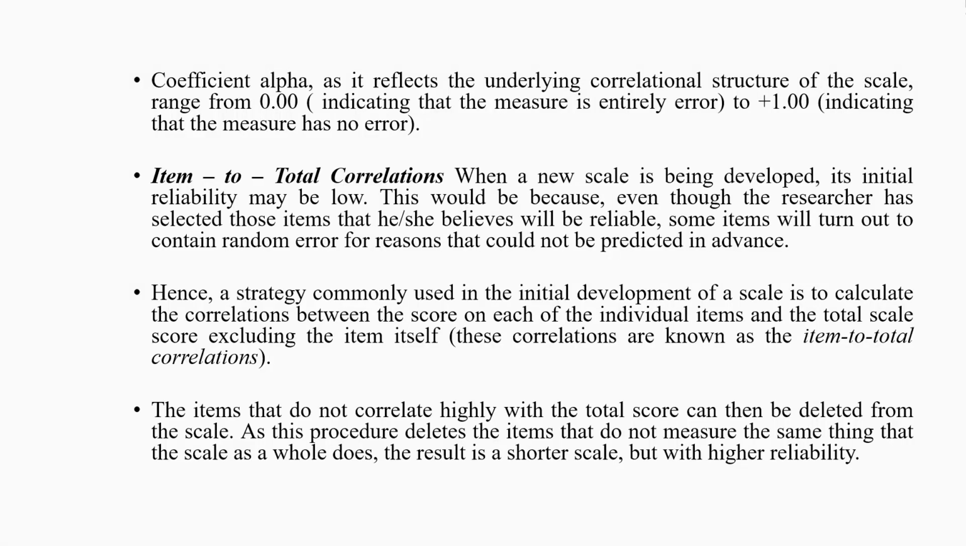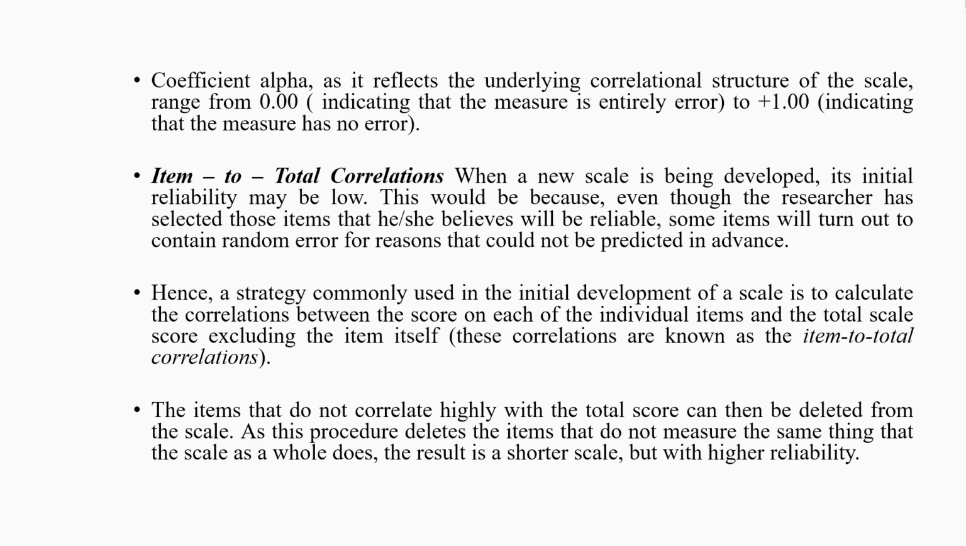When a new scale is being developed, its initial reliability may obviously be low. This is because, even though the researcher has selected the items that he or she believes will be reliable, some items will turn out to contain more random error, for reasons that researchers sometimes just miss while planning and creating these items. So, a strategy commonly used in the initial development of the scale is to calculate the correlations between the score on each of the individual items and